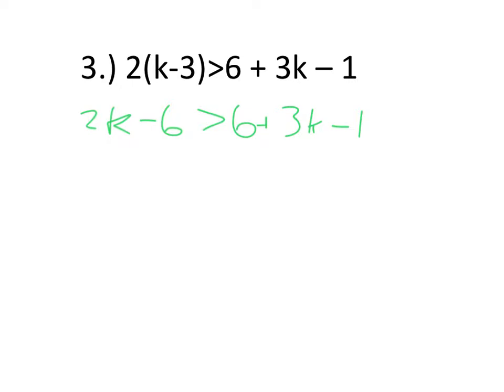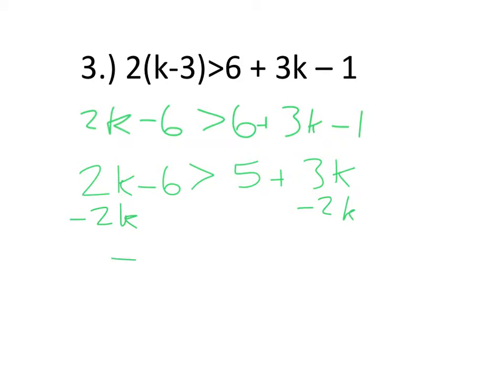So you want to simplify everything you can on both sides before you start moving things around. So I can do this 6 minus 1 on the right side. So you have 2k minus 6 is greater than 5 plus 3k. Okay, and now it doesn't matter, you can move the 3k's over to here or the 2k's over to here. Since I have more k's over here, I'm going to go ahead and move 2k over there. So I'll do minus 2k,